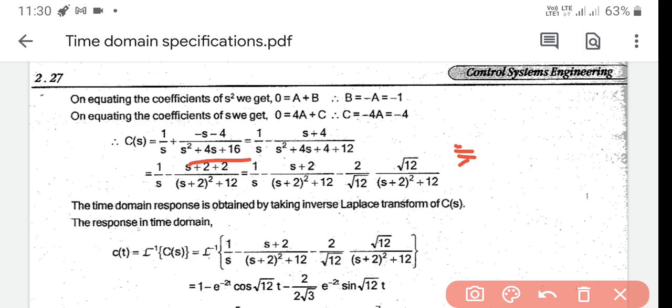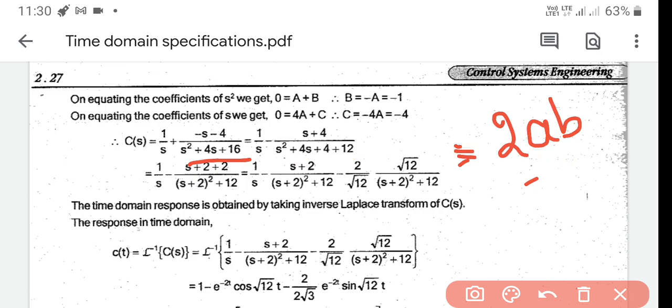So what is the 2ab value? Here 2ab is equal to 4. You know the a value from the quadratic equation. What is a? 1. So what is the b value now? b is equal to 2. And b square should be 4. So s square plus 4s plus 4, you are splitting that equation. The remaining value is nothing but 12.